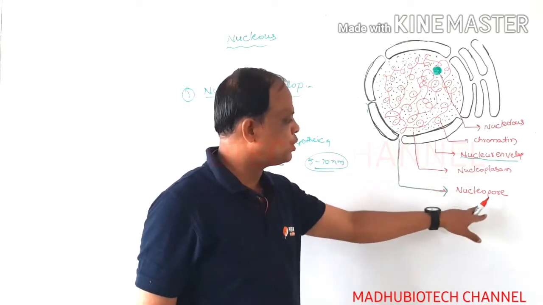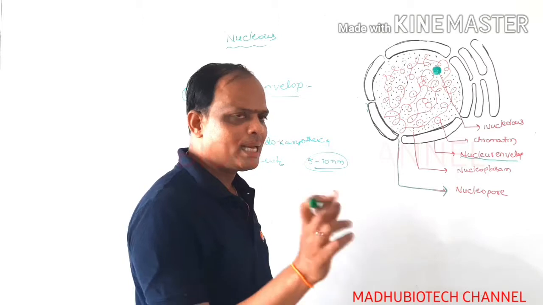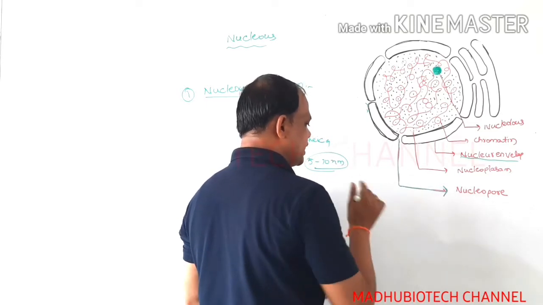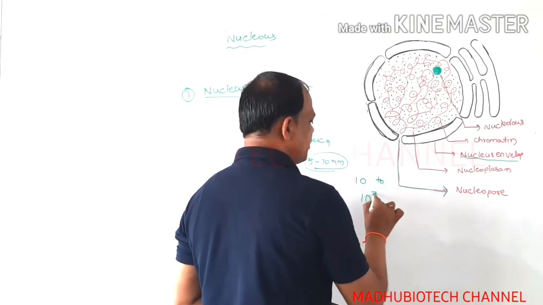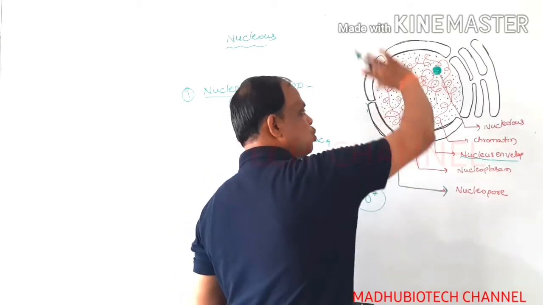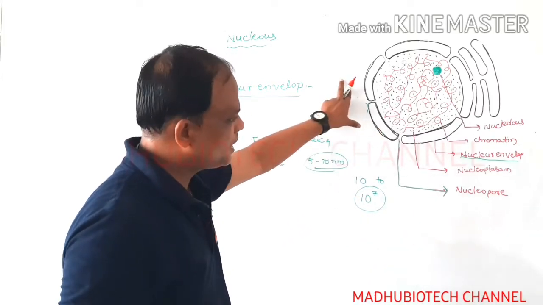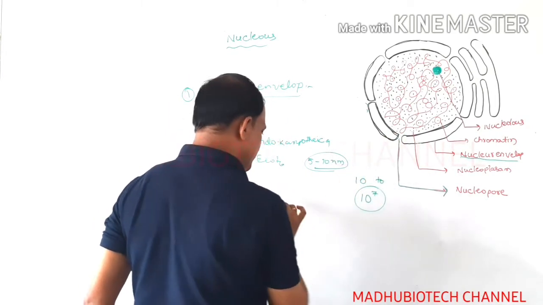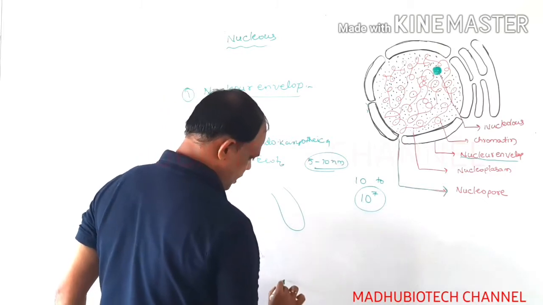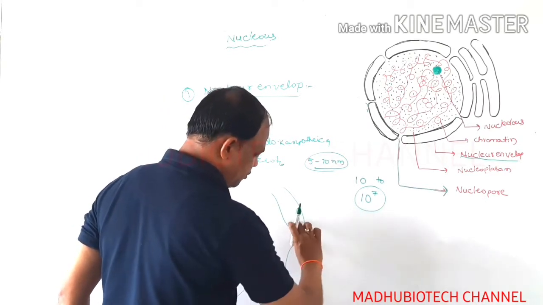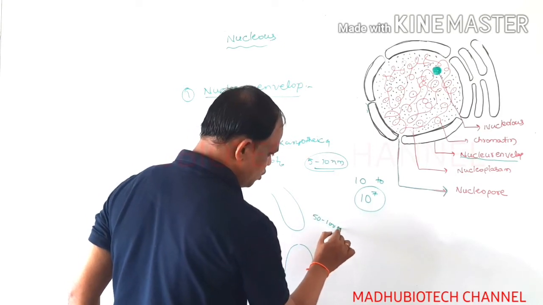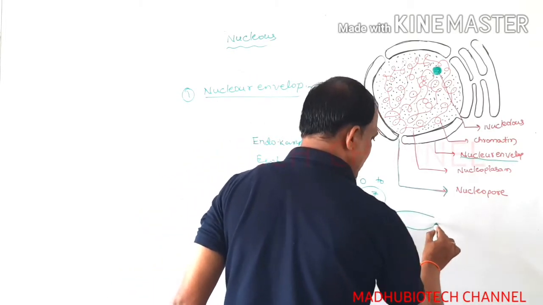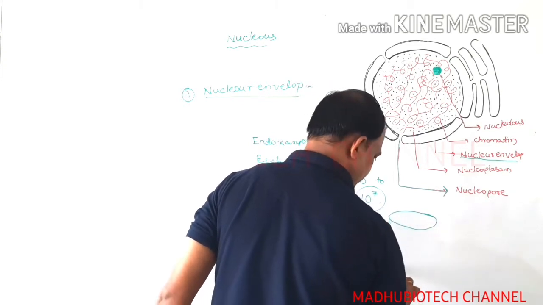Each nucleus contains nucleopores, for example about 10 to the power of 7 in a cell. Between the two nuclear membranes, which are 50 to 100 nanometers apart, the nucleopores are disc-shaped, flattened structures, looking like a hot wheel.